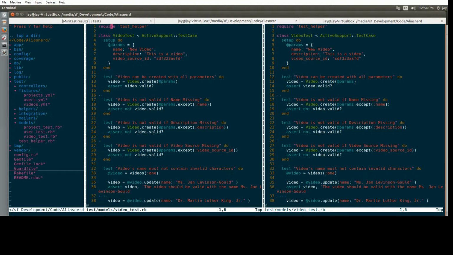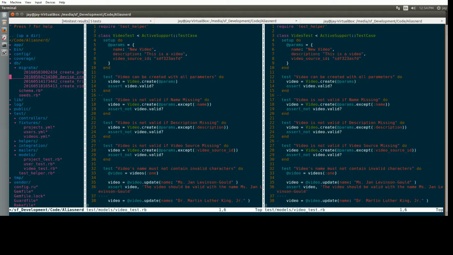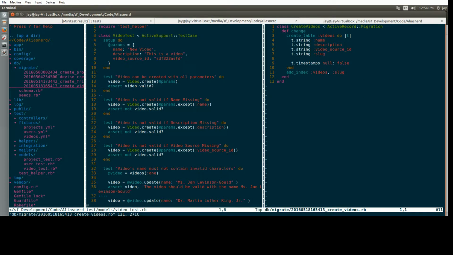Okay. All right, we'll go into the db migrate, create video. So we got the name, description, video source, slug. It didn't do anything with this unique. So we'll just add a